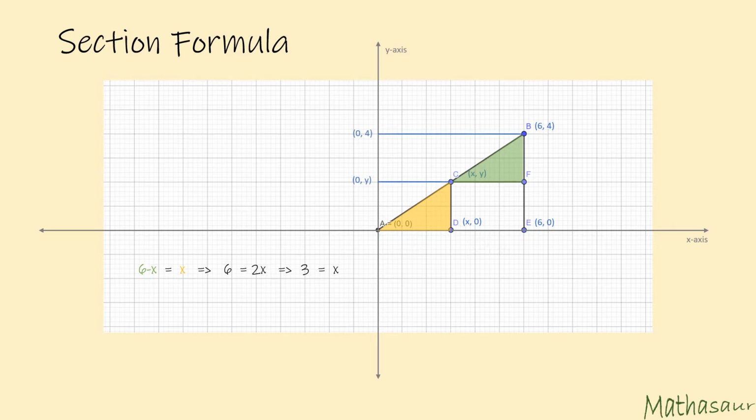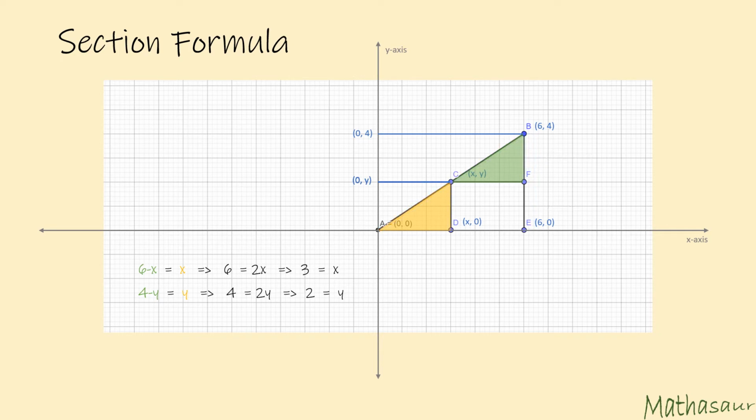Now let us draw perpendiculars onto the y-axis and let us look at the y-intercepts this time. So AC by CB would be equal to CD by BF. We can see that CD would be equal to y units and BF would be equal to 4 minus y units. So we get AC by CB equals y by 4 minus y. However, AC is equal to CB. So y shall be equal to 4 minus y. We can solve for y and it comes out as 2.